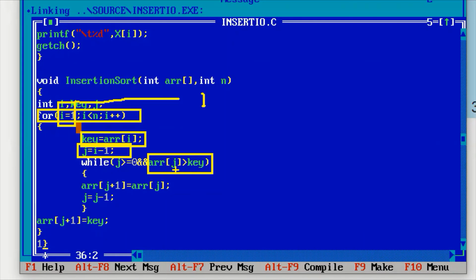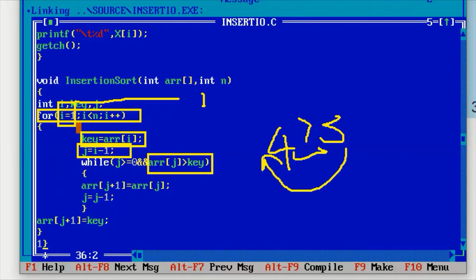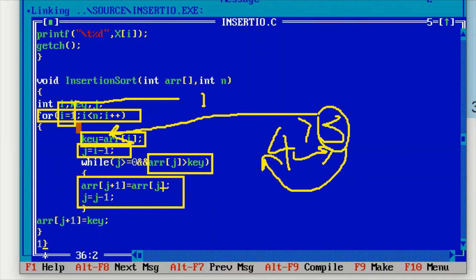If the 0th element is greater than the key, for example, it is 4 and it is 3. So 4 greater than 3, condition true. So that 3 needs to be moved over here. Before that, 4 needs to be placed. Before moving 4 to the position of element 3, this 3 is already available in the key variable. So with the help of this logic, we can move, and after moving that particular one, j will be updated.